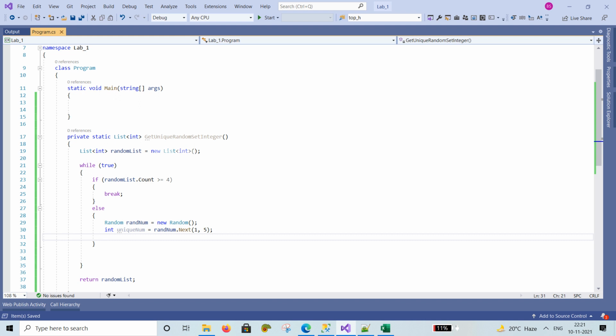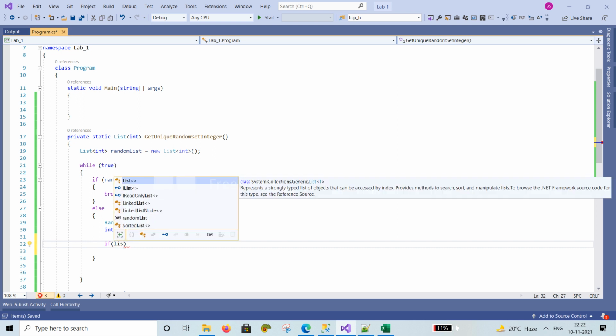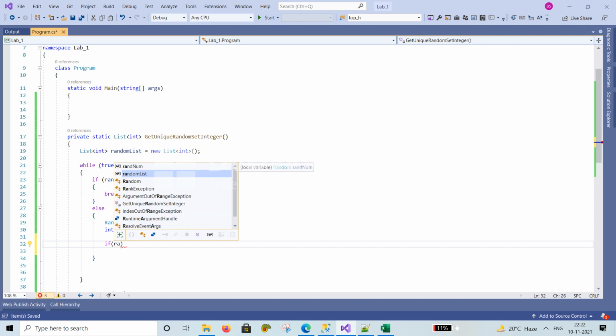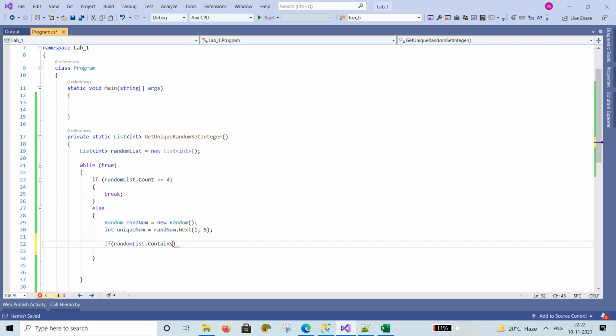Here we check if the random list dot contains the unique number. If the unique number is generated here and we have checked that this number is available in the list, we do not add this number into the list.